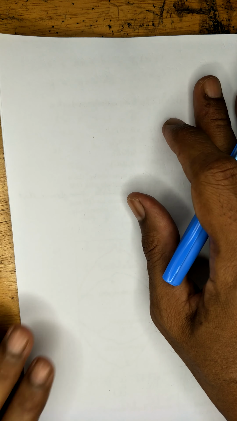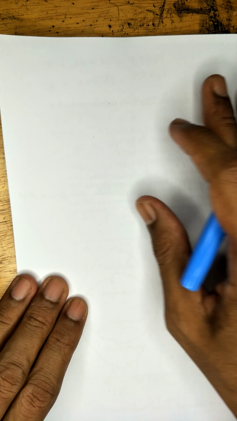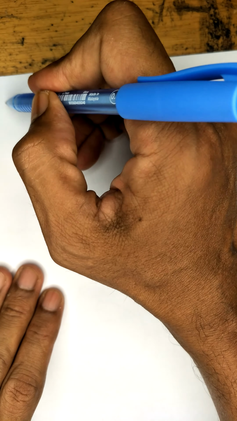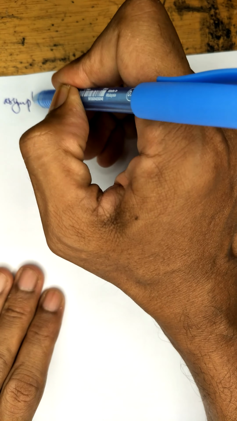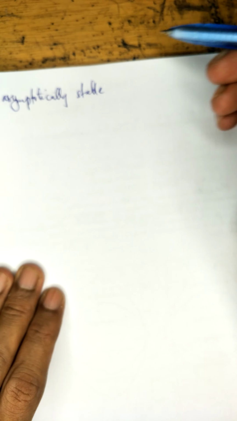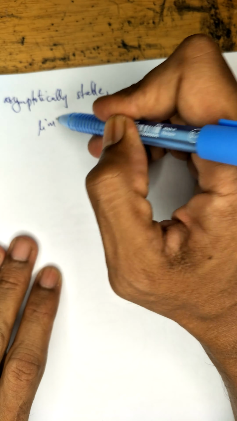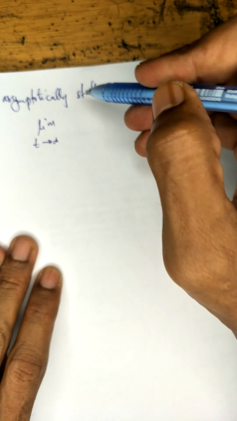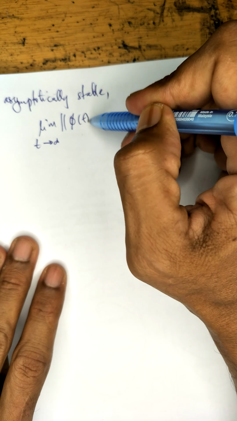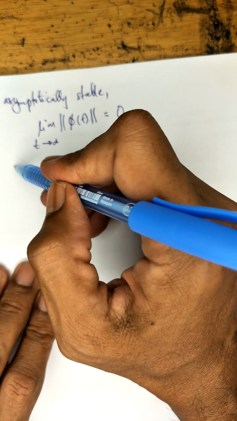So, to show for the asymptotically stable, if you take the limit t goes to infinity, those fundamental matrix, it goes to 0. Yeah. Hence,